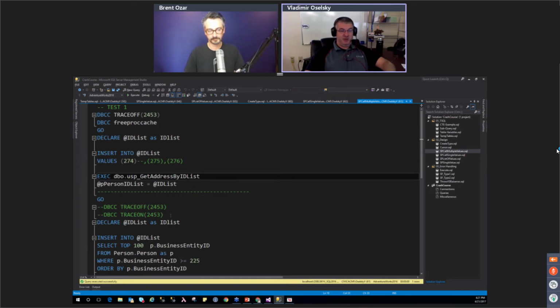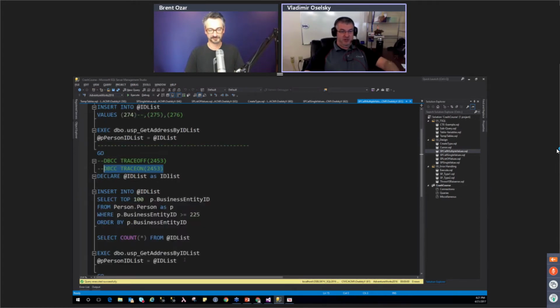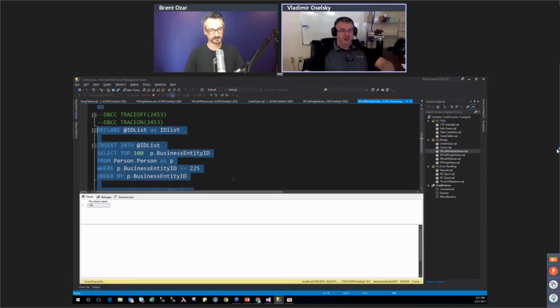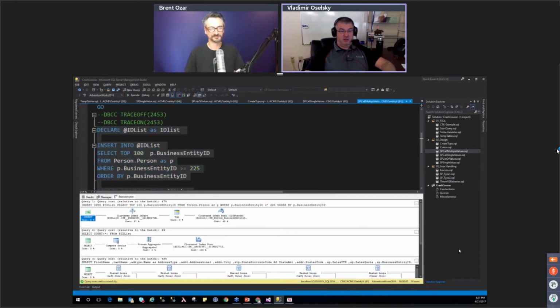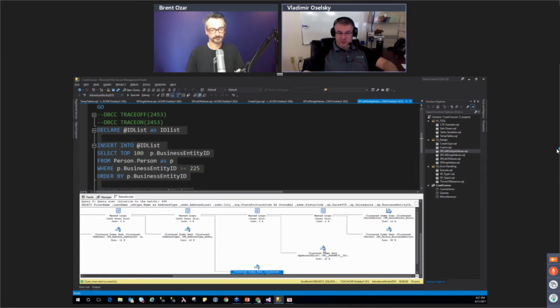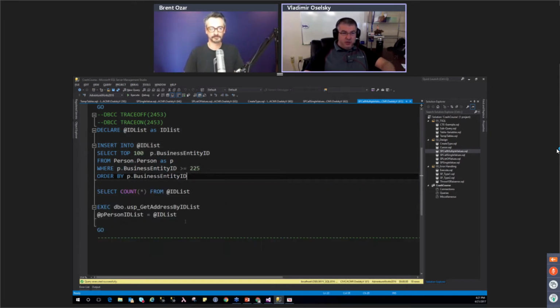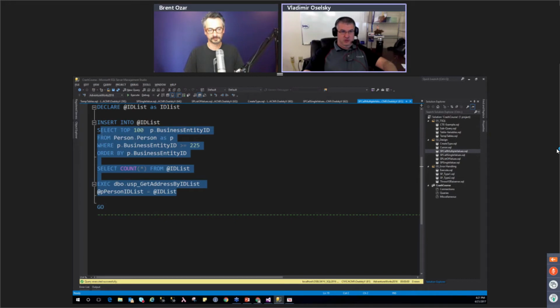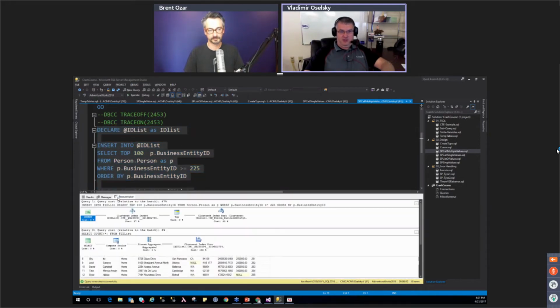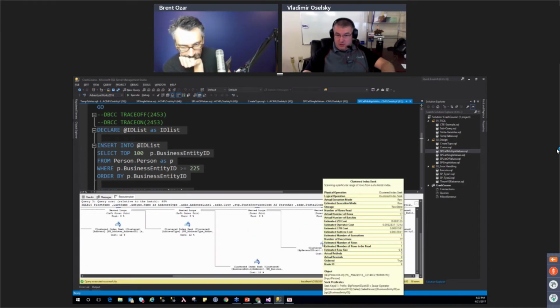But then the trace flag that we talked about earlier that affects table variables, it also affects table valued parameters. And in this case, we're still getting 1 row. So something must still be cached. Let's try this again. And we're still getting 1 row.